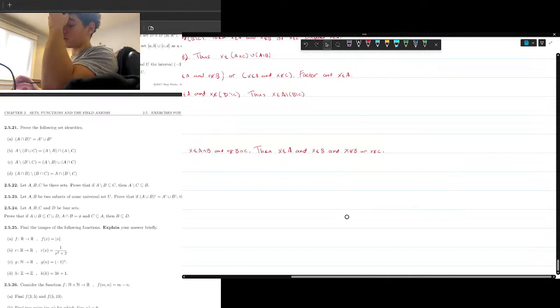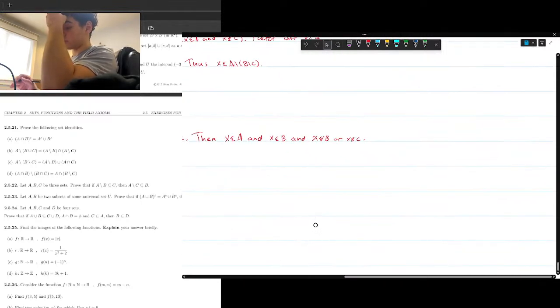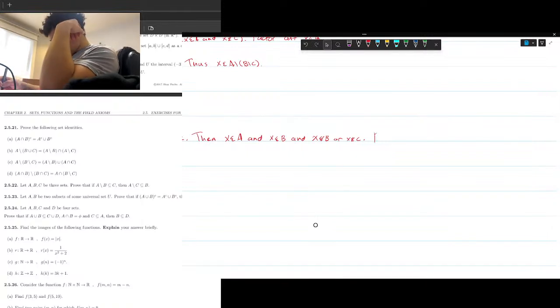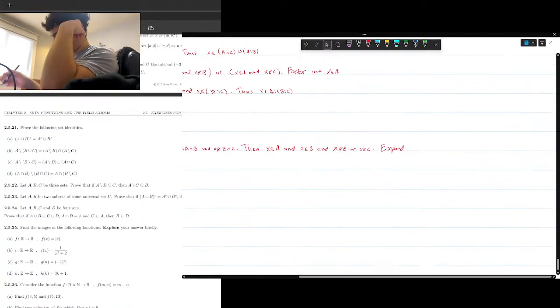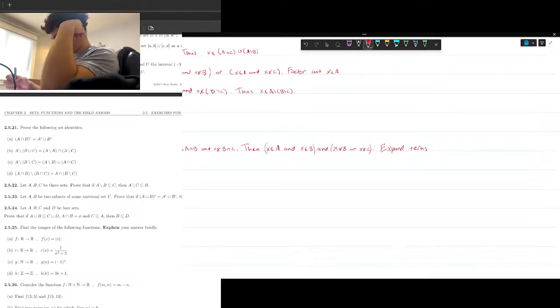We can actually expand both terms. So we can say